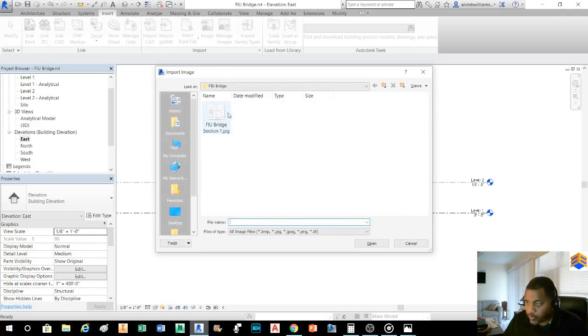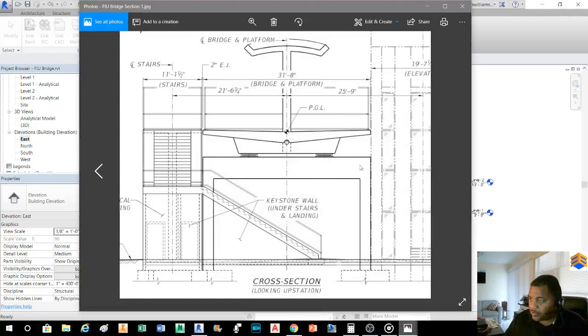Then I went and searched for an image, and the image that I happened to search for was one that I got offline showing the plan elevational view of somewhat of the bridge. Now I do not have the full set of documents to draw this bridge out exactly the way it was supposed to be built on the site, but I got a good amount of information with elevational views,